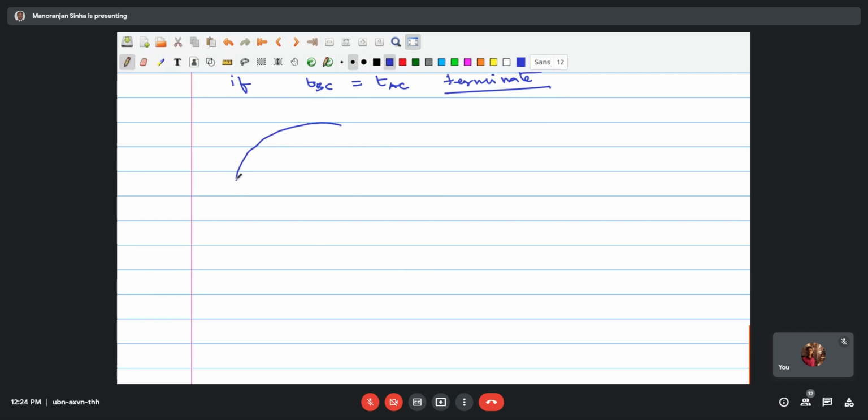So now we discuss one problem. So this is not an ellipse, this is a circle. I have drawn a circle, but it looks like an ellipse on this because of the software.